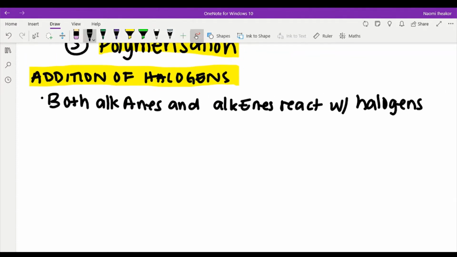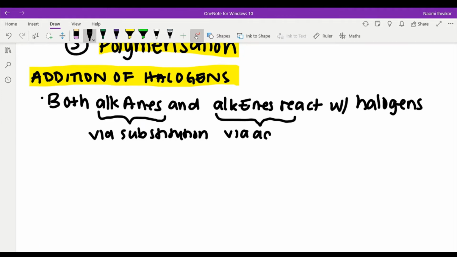But they're going to do this via different mechanisms. So remember, the reaction of alkanes with halogens is a substitution reaction, whereas for alkenes, this is going to be via addition because of the presence of a double bond. And so if we think back to our alkanes, for this substitution to be initiated, we needed ultraviolet light,